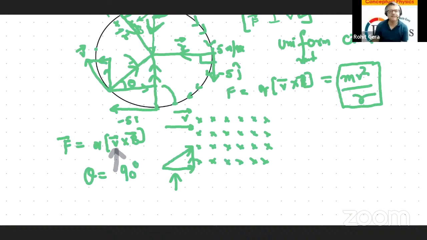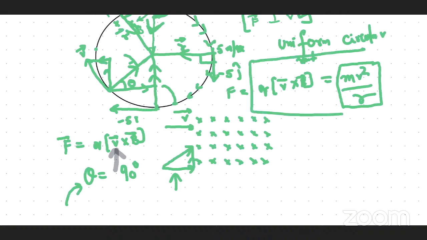If theta changes, you will see a different scenario. Something else will start happening. So if you see a question in which a charge is projected in a magnetic field, and they say it's a uniform circular motion only, then you're very clear theta is 90. And you can use this also,